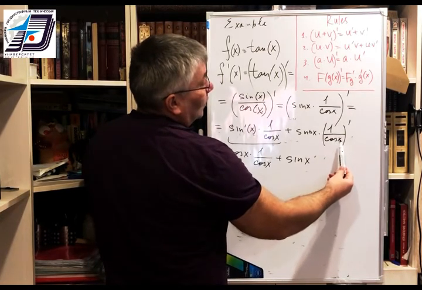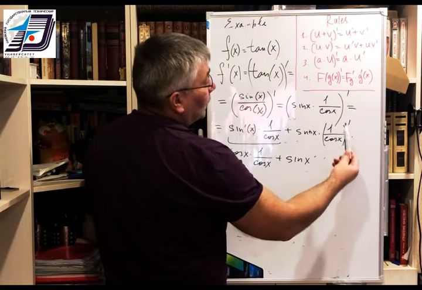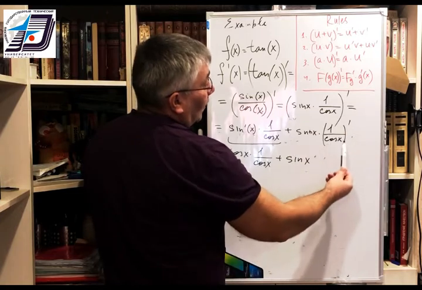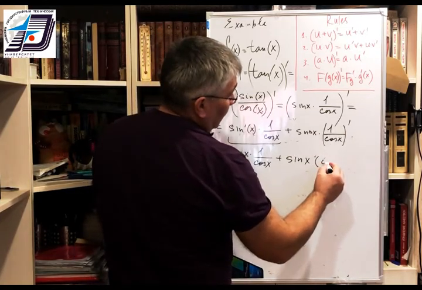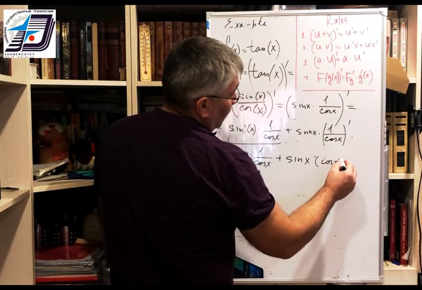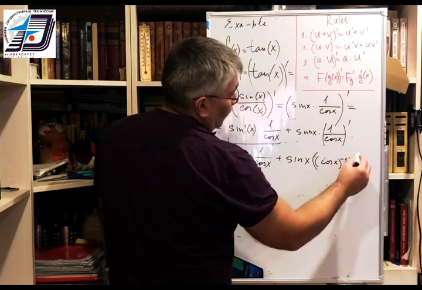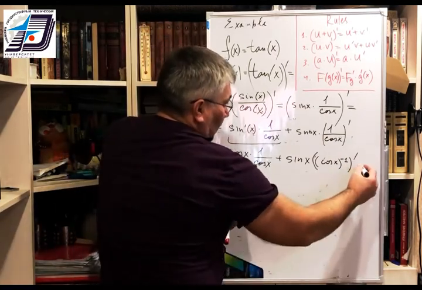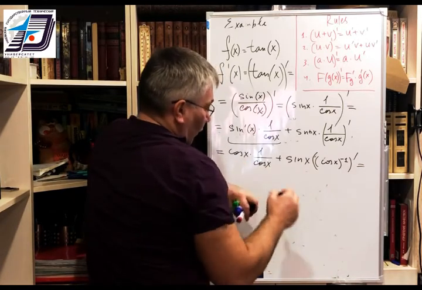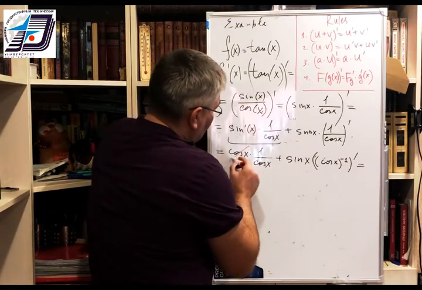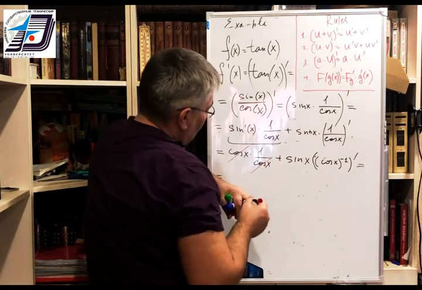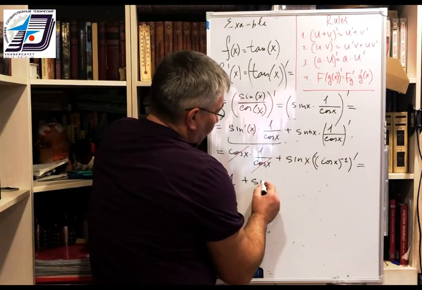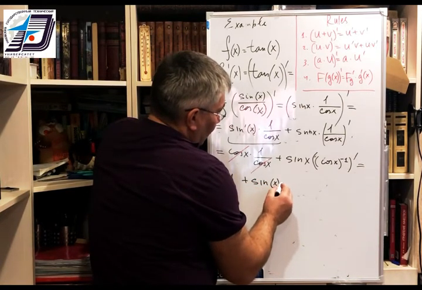Firstly, we have to calculate cosine x, and then divide 1 over cosine x. So this is cosine raised to the power minus 1, and I find its derivative with respect to x. I can cancel cosine and cosine here, and I have 1 plus sine of x times